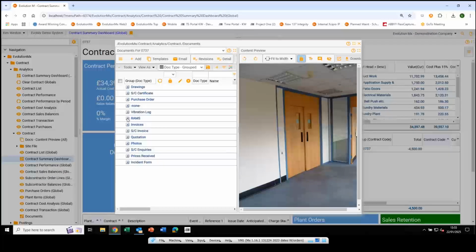You may have risk assessments, method statements, hand-arm vibration logs that may be created through manual means currently. The completed document, whether that's a Word document, for example, or just a scan, could be dragged and dropped into these headings. However, there is scope to consider the Evolution MX Forms module, which could be used to automatically populate these areas